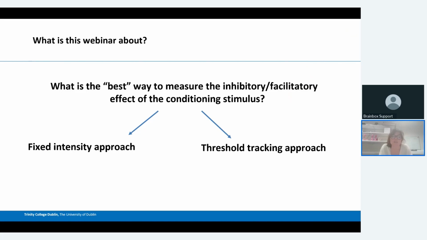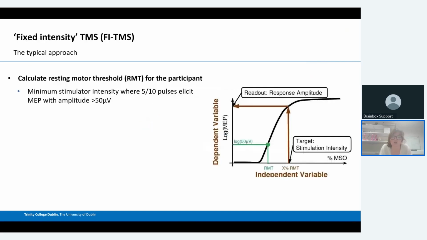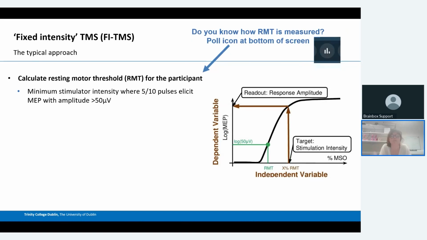The so-called fixed intensity approach, as I call it, is so-called because the intensity of the pulses we give stays consistent across the protocol. To start off with, we calculate the resting motor threshold for the participant. I put up a poll about that, and the majority of you seem to be familiar with the resting motor threshold. It's a universal measure that we use in most TMS studies of the motor system,